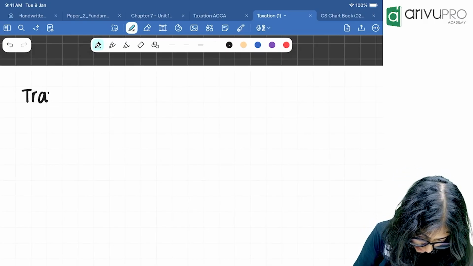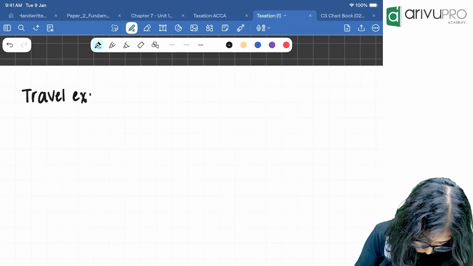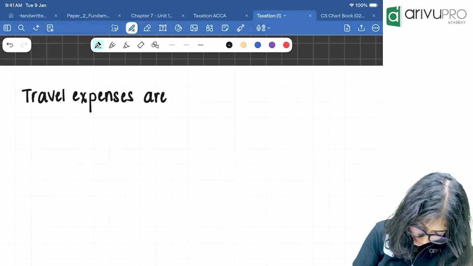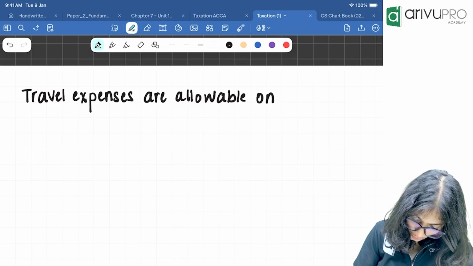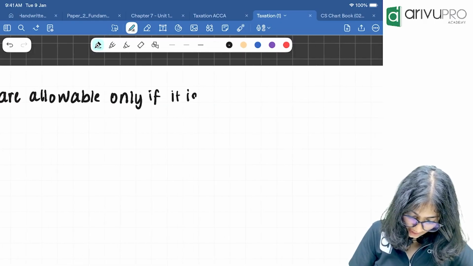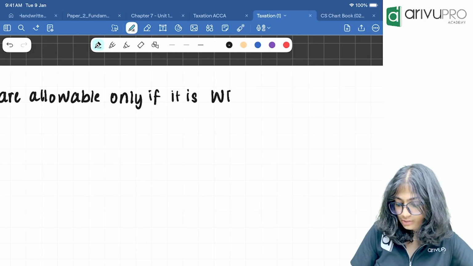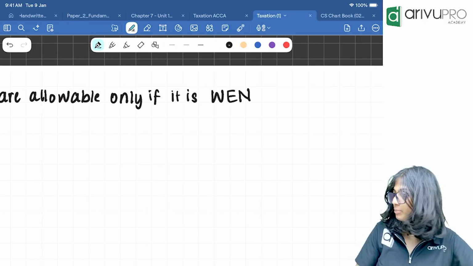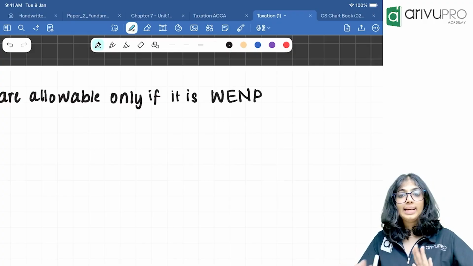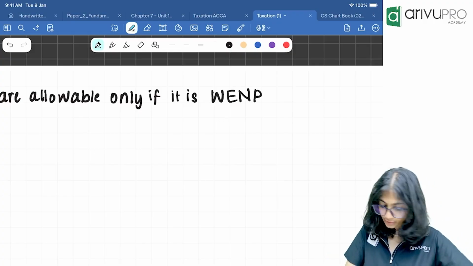Travel expenses are allowable only if they are wholly, exclusively and necessarily in the performance of duties. I'll just write this in shortcut. Wholly, exclusively and necessarily in the performance of duties,